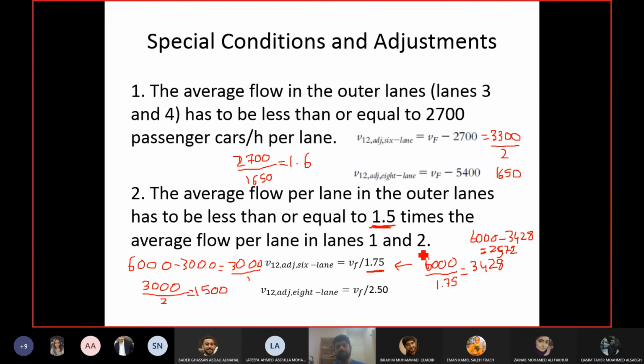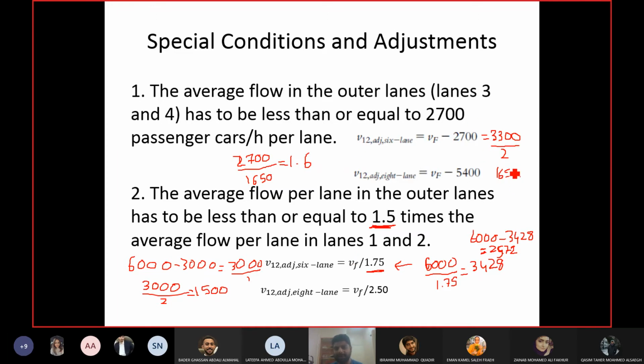Okay, and if both checks are applied, in a condition where the third lane has more than 2700 or the last two lanes have more than 5400 and their ratio is also more than 1.5 times each other, then if you are applying both the conditions, you have to take the value from one and put it in the other to see if you are fulfilling the other condition as well. If you are not fulfilling the other condition, you do the reverse. You take it from the first condition, put it in the second condition, like I did.